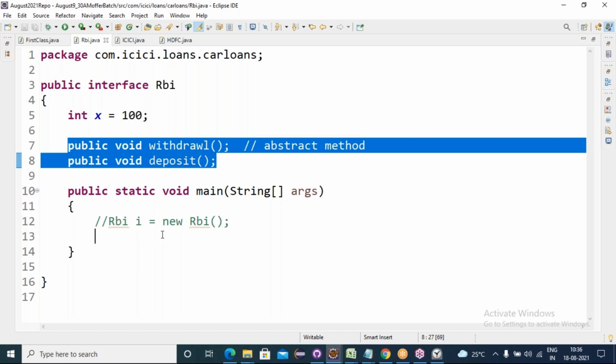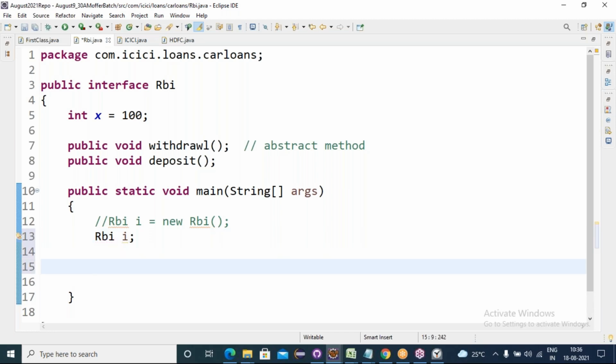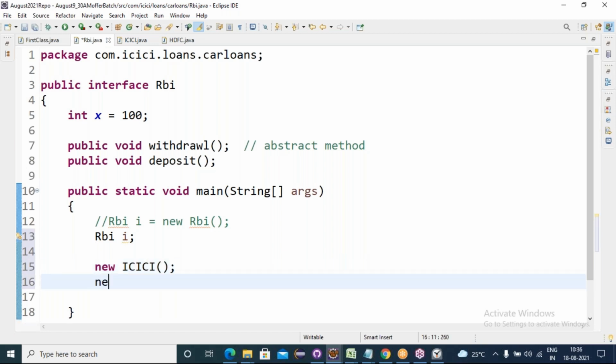So what I will do, first I will give the RBI interface reference variable. Now I am creating an object for the ICICI class, new ICICI. This is the process of creating an object for a class, right? Now I will create the object for HDFC also, new HDFC. Understanding?